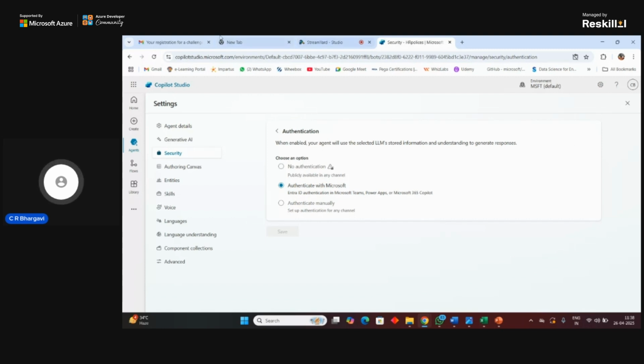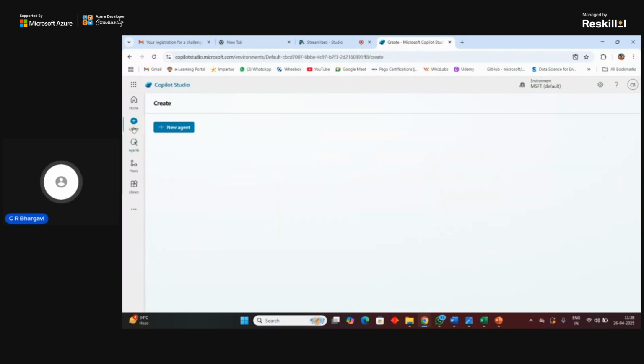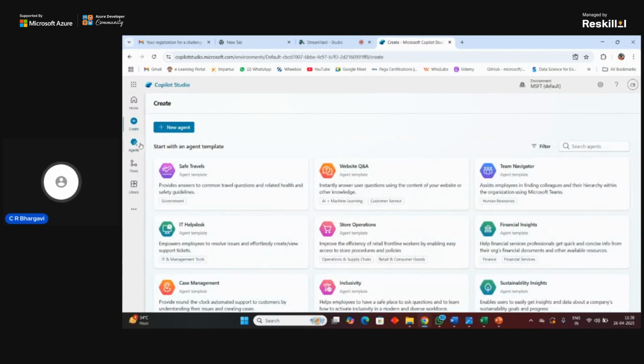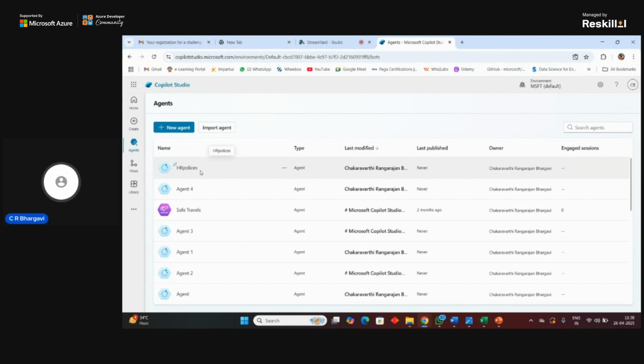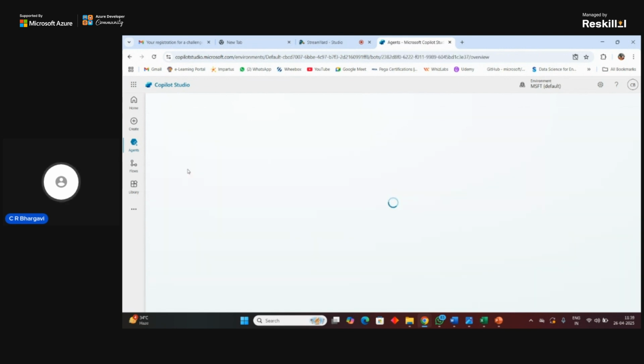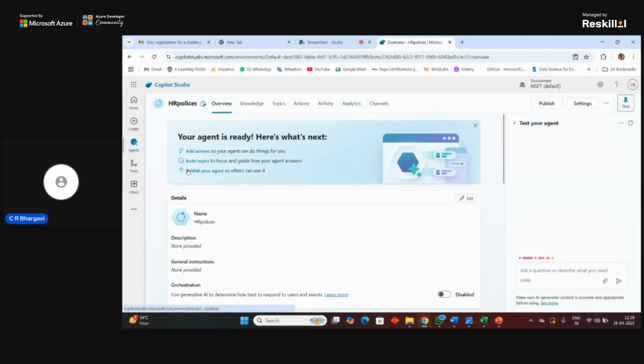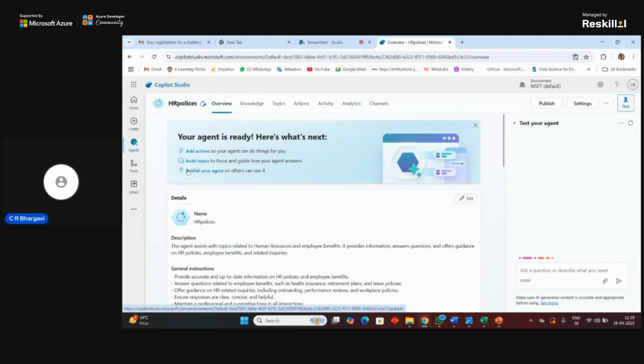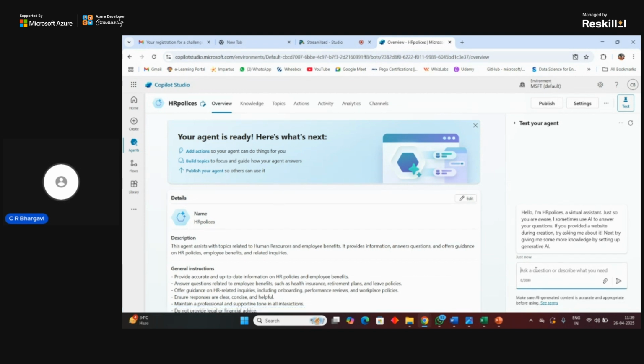And once you are done with all those things, you can start using the agent that you built. To do that, you have something called test on the right side of your page, where you can go ahead and test how your agent works.